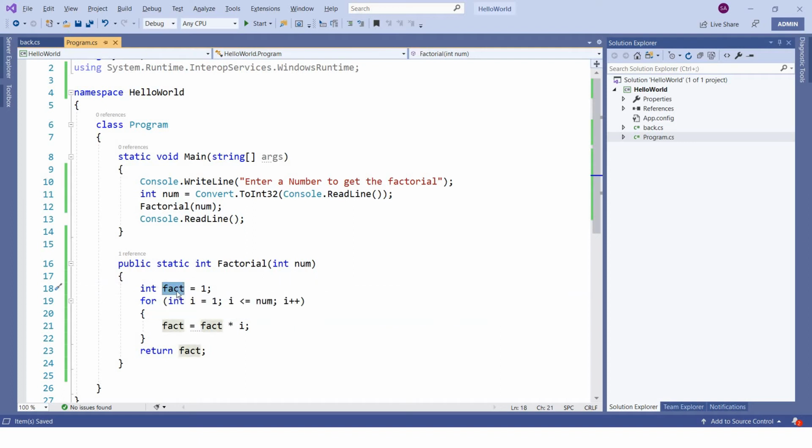We are calculating the factorial value and storing it in the fact variable, which is of integer type, and we are returning it. So now the compiler error goes off, right? Now you can see we are able to get the number, pass that number to the function, and the function is able to calculate the factorial and return that factorial value, right? But at the time of getting this value, we still will not be able to get the actual factorial value.